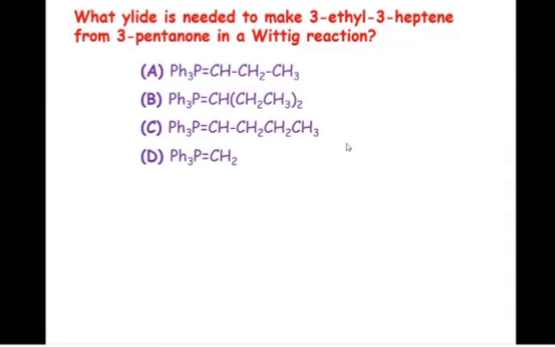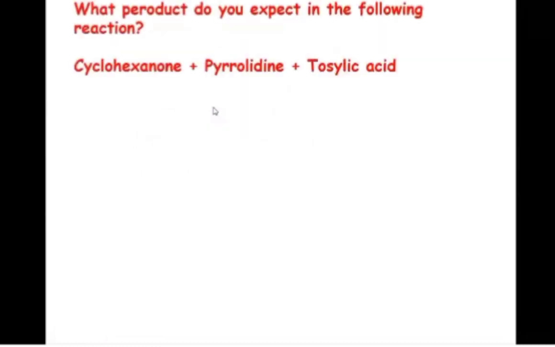Now see over here, there are some options, and accordingly we can choose the particular option. An ethyl group is there, so accordingly you have to find out which answer will be correct. Once you draw the structure of the starting material as well as the product, you can find out the proper option, the proper ylide. Okay, I'm skipping that problem.